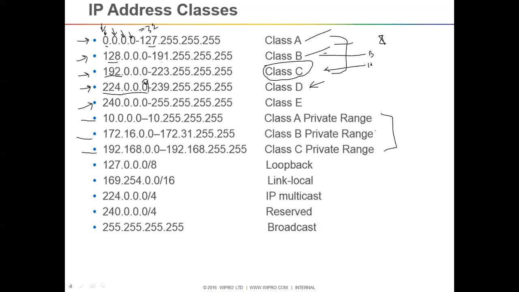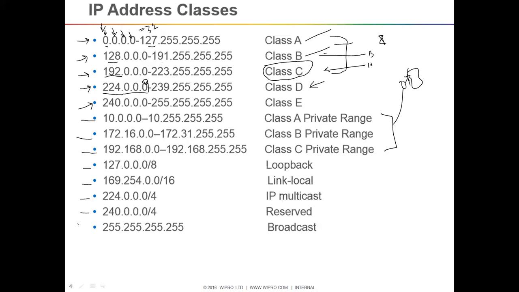In our LAN, in our network, these ranges are used. These are called private subnets or private IP addresses. Private IP addresses are not allowed on the internet. If any machine goes out with a private IP address, as per the RFC rule the ISP will block this IP address as a source. So there is no scope for these to go outside. Then loopback: generally 127 we use for loopback. Then 169 is for link-local.